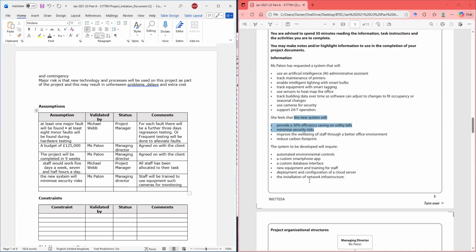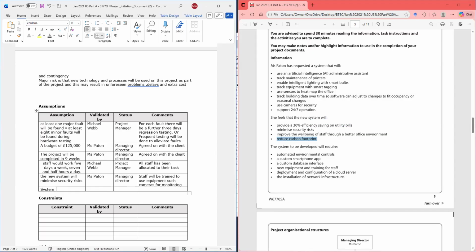Also, we could say this. We're going to assume that it's going to reduce carbon footprint.